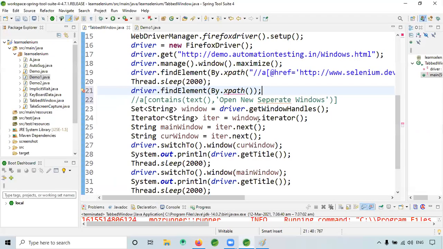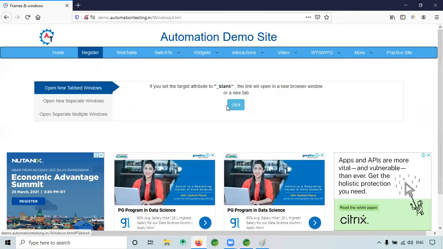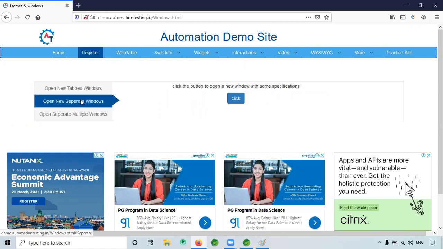What I'm doing is, the other one was actually the default for this website, the first one. So nothing I have done; I simply took the XPath of this and it is working. But I want to handle this tab. So first I have to click this path, and also now I'm clicking this button.